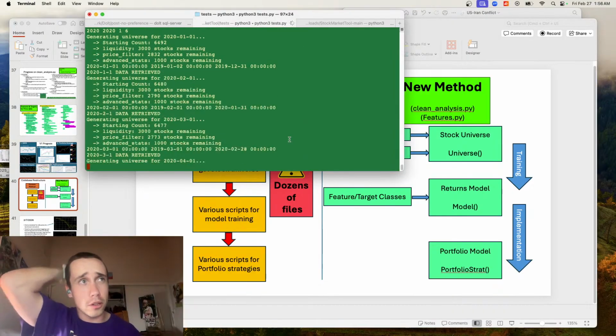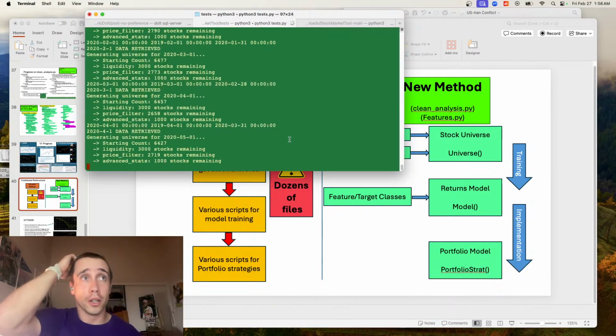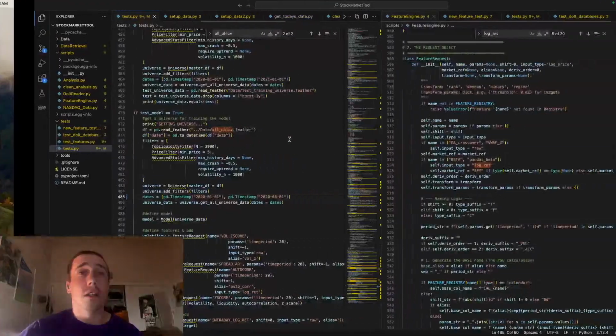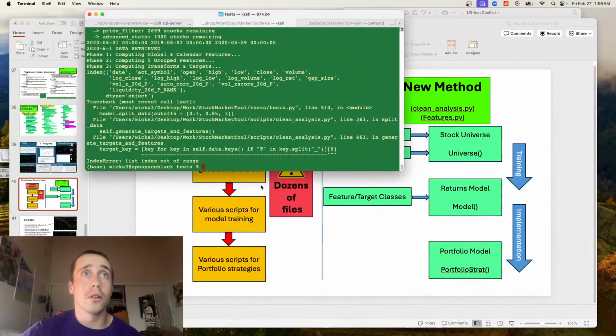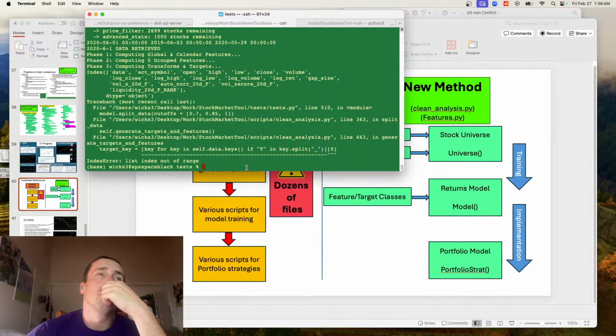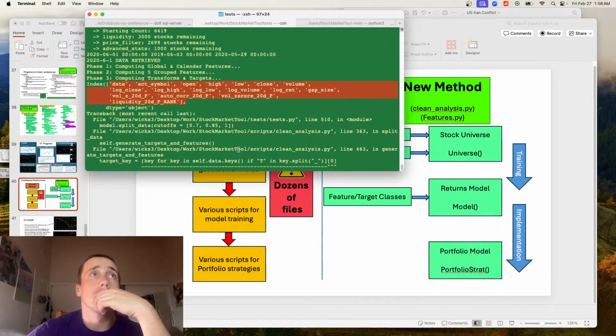I think I put the debugger in here, so I should be able to look at the data that's returned and make sure that the feature's in there. But it's not right now, so, oh. So it's trying to get the target key, but there's not a target key. I don't have the debugger. It's failing inside of the class. So these are the keys we have. There's obviously no target key.